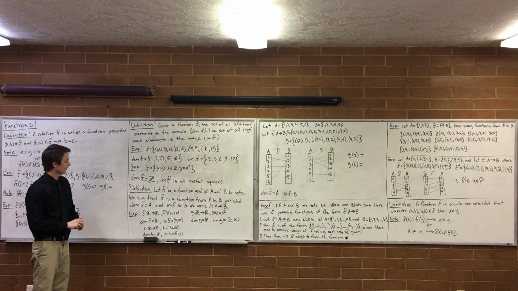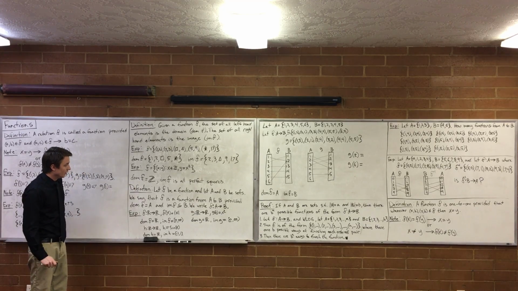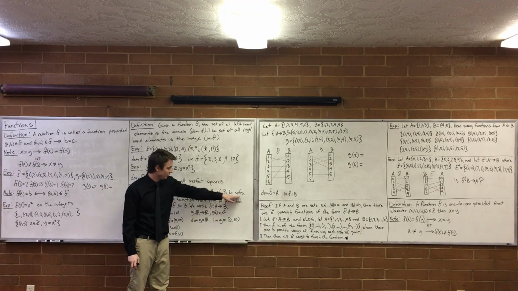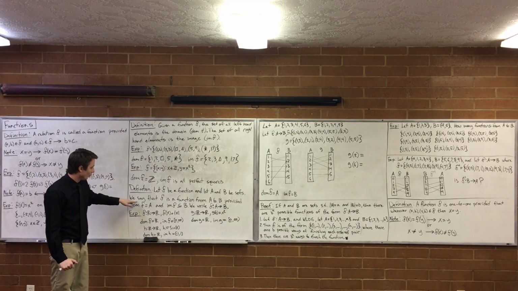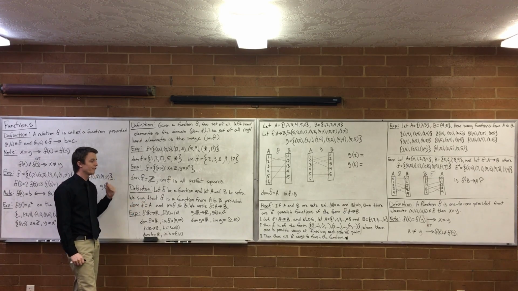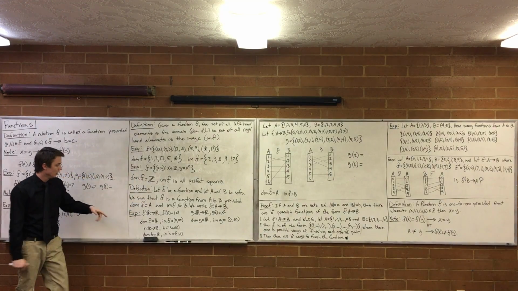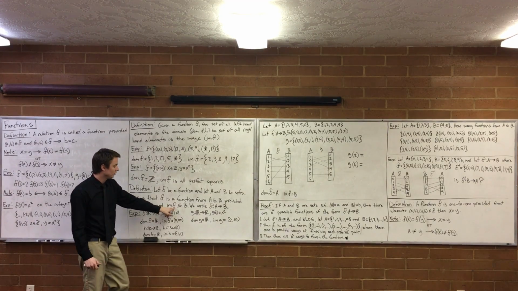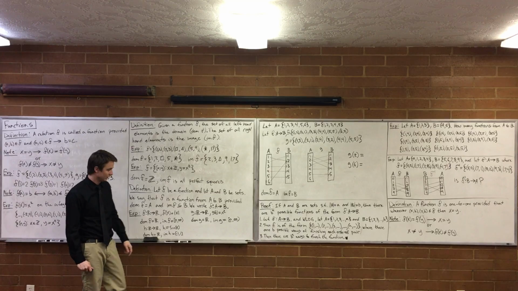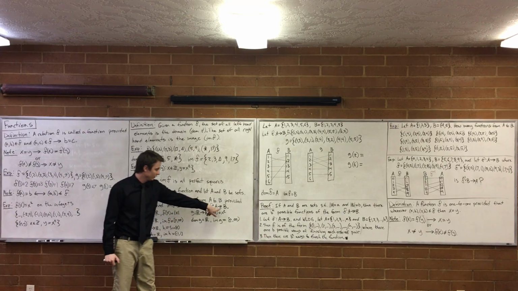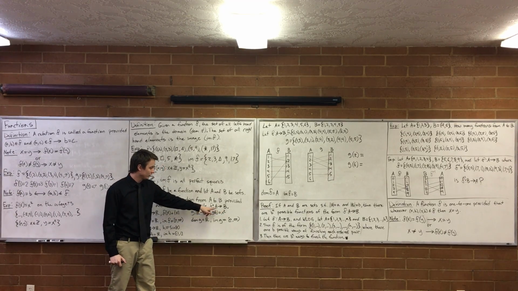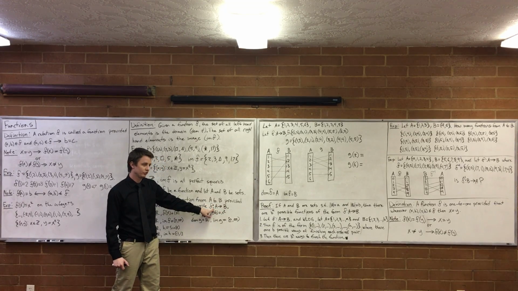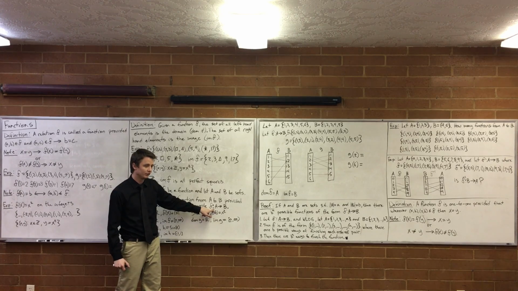Right. Okay. Another definition. Let f be a function and let a and b be sets. We say that f is a function from a to b, provided that the domain of f is equal to a, and the image of f is a subset of b. And here's how we write it: f is a function from a to b. Here's an example of why you don't go around using that for such that all over the place, because in different contexts it means different things.